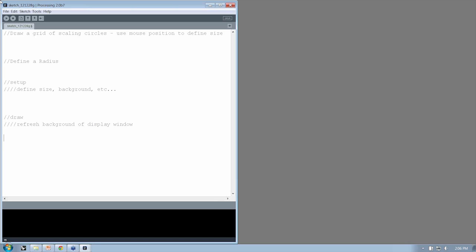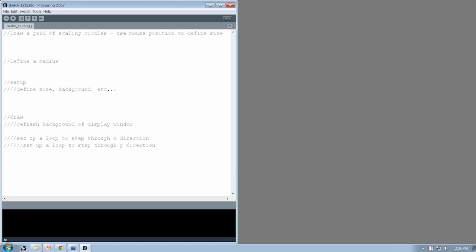All right, so then we're going to set up two loops, right? We're going to set up a loop to step through the x direction of our grid, and then another one to step through the y direction,